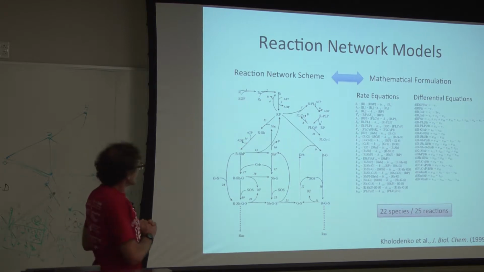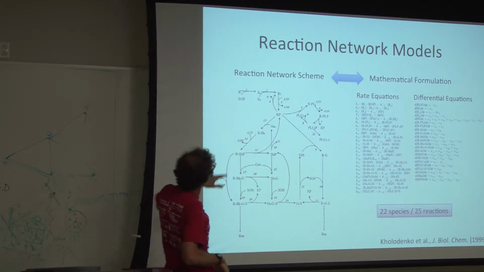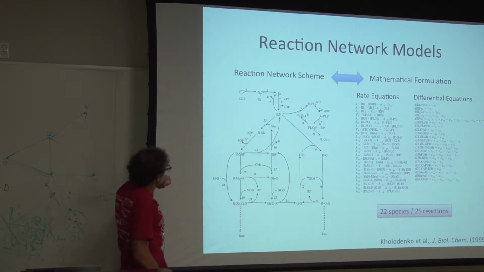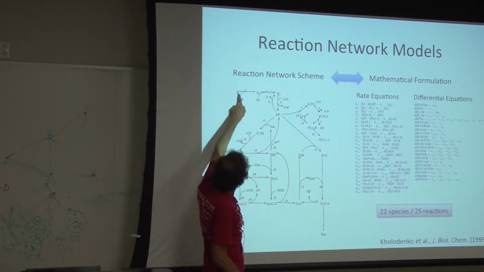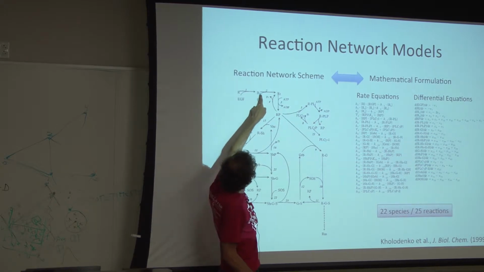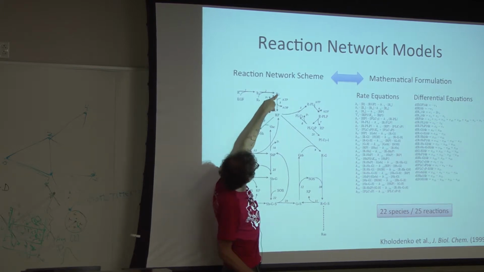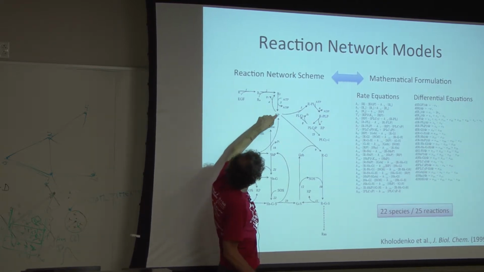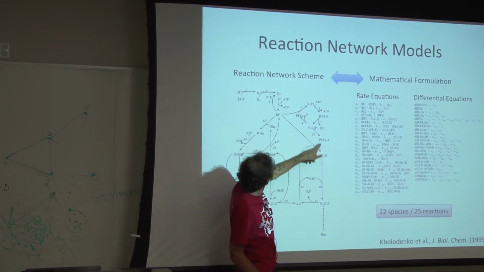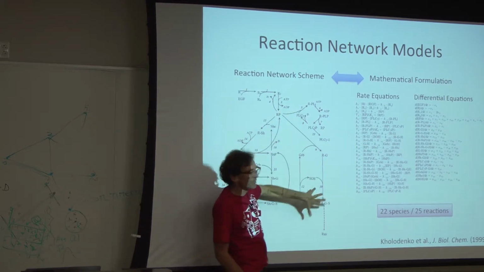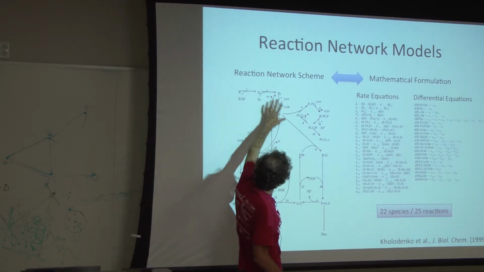Okay, so this scales to a certain degree. What I've shown here is the Kholodenko model of epidermal growth factor receptor signaling. So here's the ligand here, here's the receptor molecule. Ligand binds receptor, it forms this ligand receptor complex. That ligand receptor complex dimerizes, it gets phosphorylated. The phosphorylated receptor can bind different molecules, Shc, Grb2, PLC gamma, and activate more stuff. Okay, and the typical process is to write down some kind of a